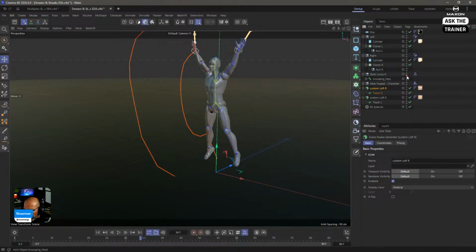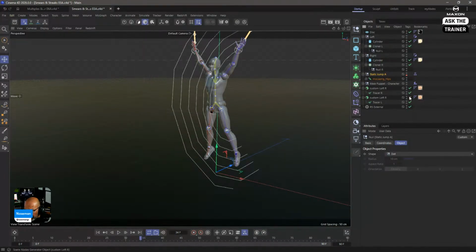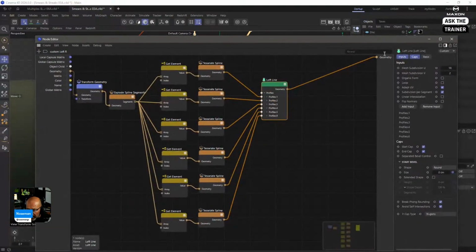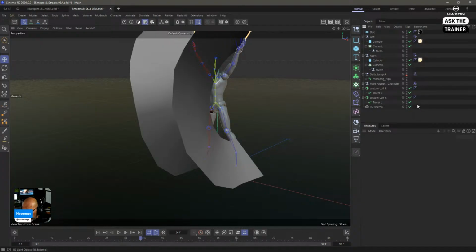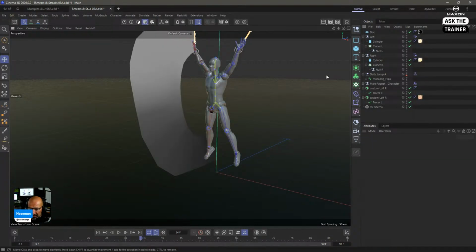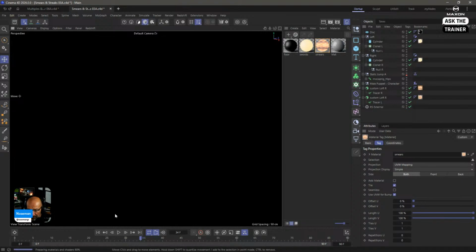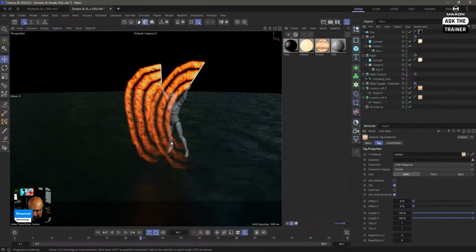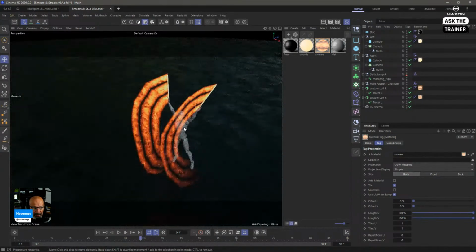So let me see. What did I break here? Because that's basically what I've done here. I think I've broken something. Okay, this and this. What do I have here? Did I break something? I don't even know because I had this and it was supposed to be working. Let me get rid of this and this. No, no. Okay, so it was just the materials. So see if this is going to render. There you go. So I'm going to show you pretty much how I did this because this doesn't require so much programming, so to speak.